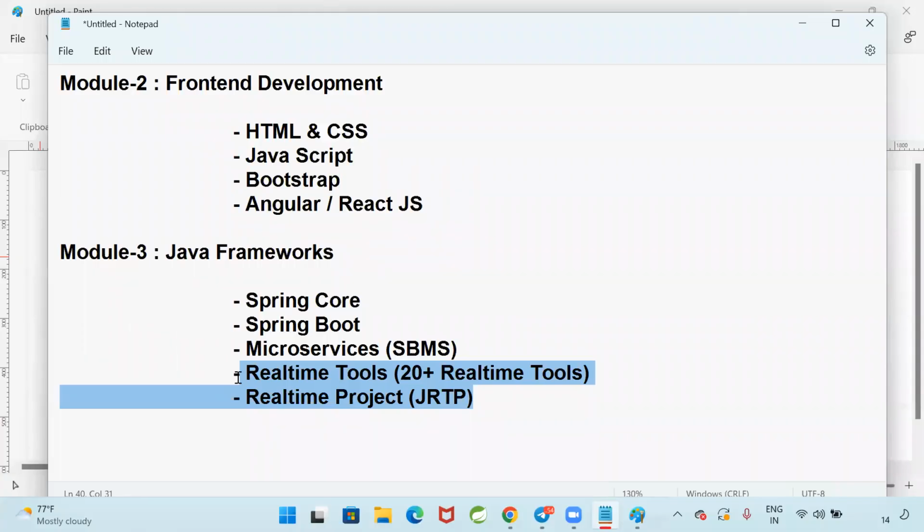Because you can check with people how many tools they know, how many tools they used in the last 4 years. Maximum 5 or 6 or 8. But here you are going to learn 20 plus real-time tools. So that is the reason I'm telling you, Ashok IT students will not go for a job as a fresher, because we are learning so much. We are learning the real-time content. What people are going to do in the company, the same thing we are going to do in our course.